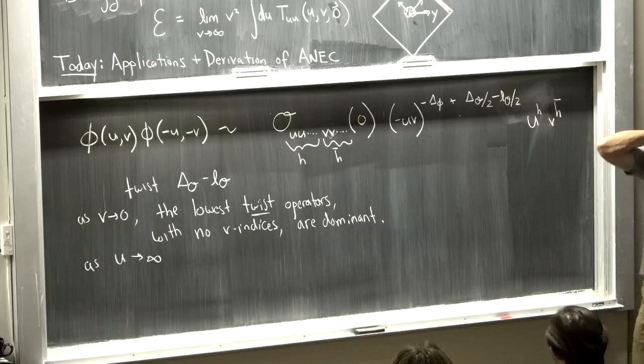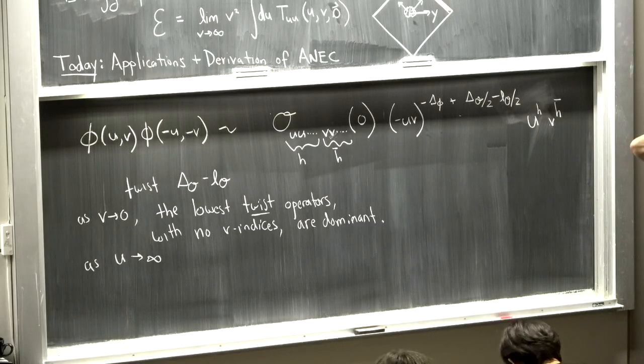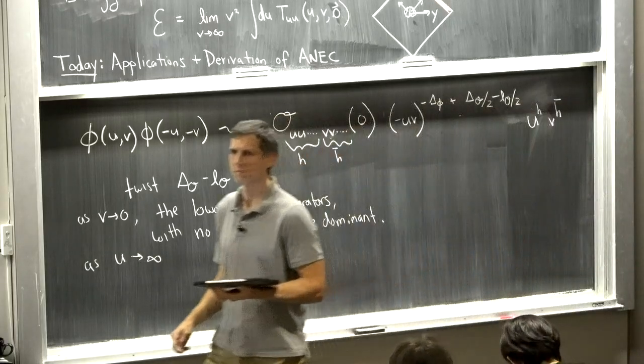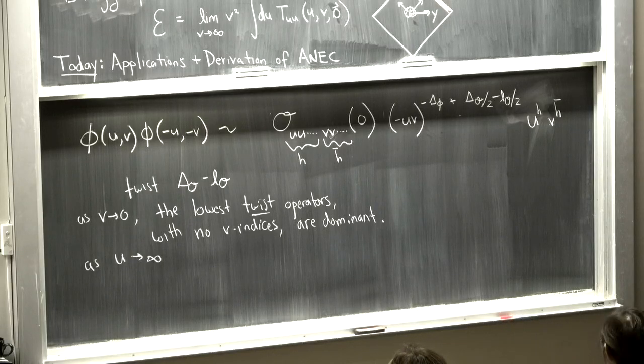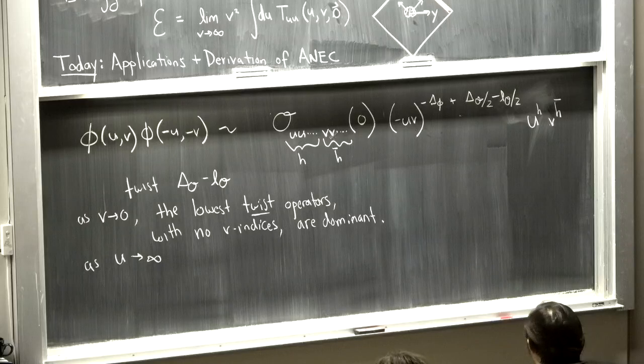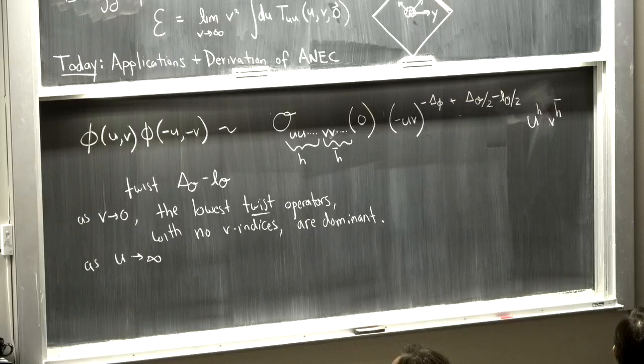Is the question? Yeah. So in Euclidean signature, when we take the OPE, we need the points to be close together. And here I see that the proper distance is very small, but physically they're still very far apart. So is there a reason I should expect this OPE to work in this case? Good. The question is, they're far apart, how can you use the OPE? And the answer is, you can't necessarily, and we have to be careful where we apply this, and it's going to depend in particular on what other operators there are around. But for now we're just going to ignore that, and then when we use this inside a correlation function, we have to come back and make sure that we're doing something that's allowed.